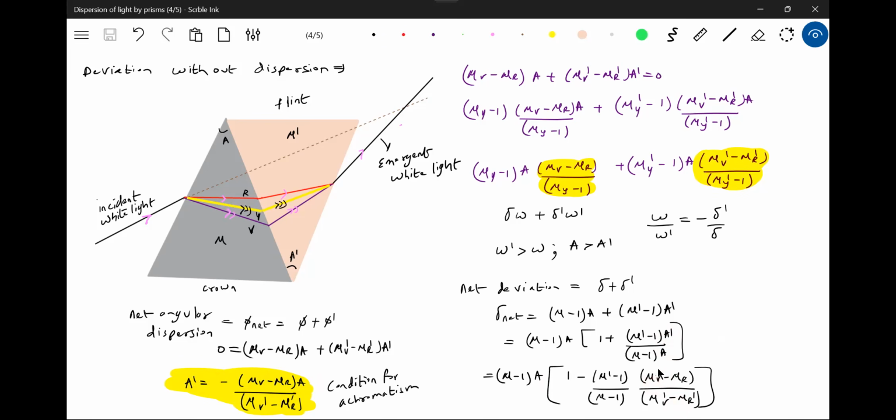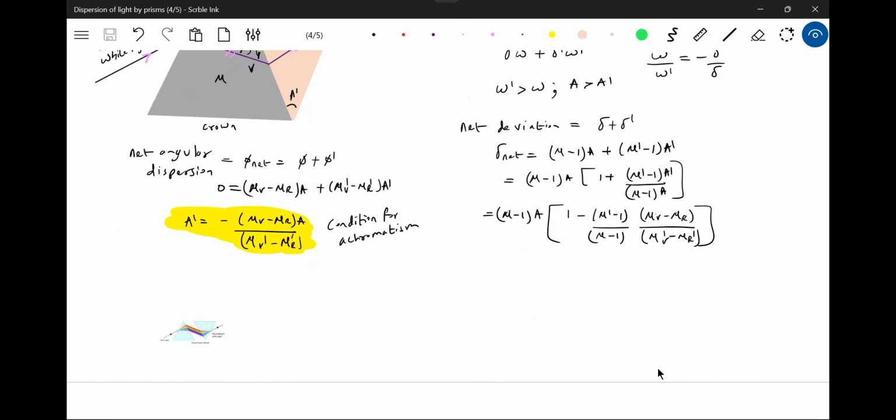Now we will readjust these things. 1 minus mu v minus mu r by mu minus 1 into